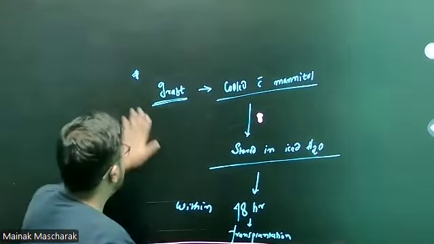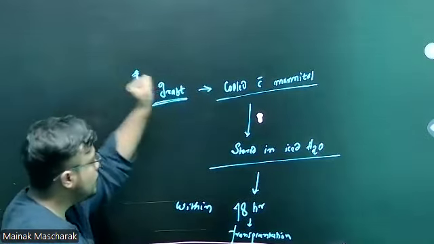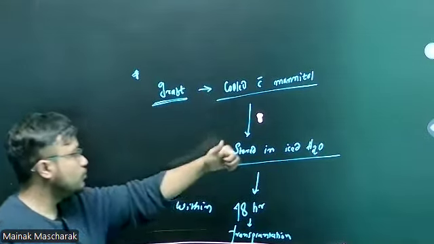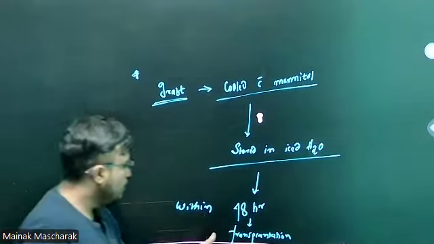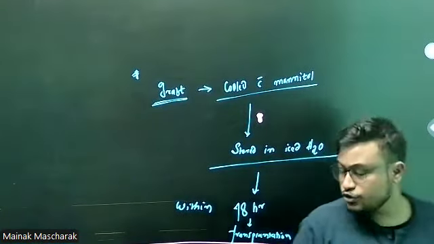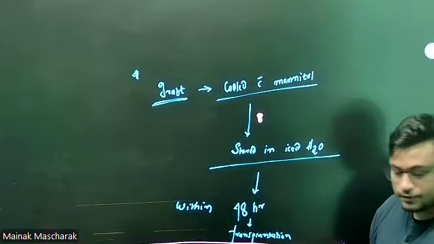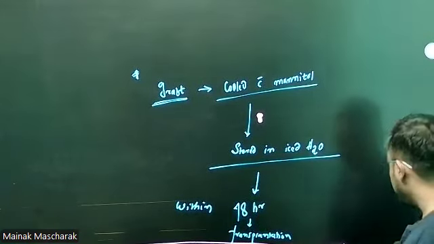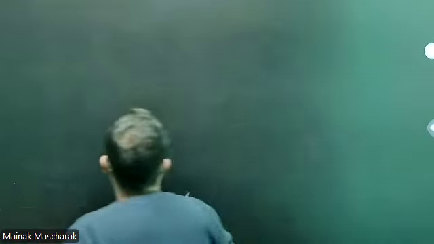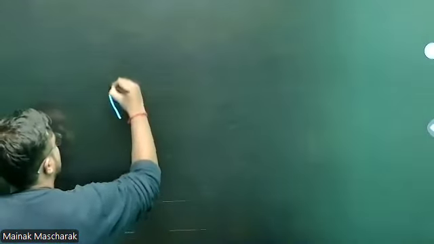समझ में आया? तो ग्राफ्ट लिया, ग्राफ्ट को कूल किया विथ मैनिटोल, इसके बाद it is stored in iced water, then it should be transplanted within 48 hours. Yes or no? समझ में आ गया ना बात? So that's how the transplantation process should start. Now how does the actual process generally take place?